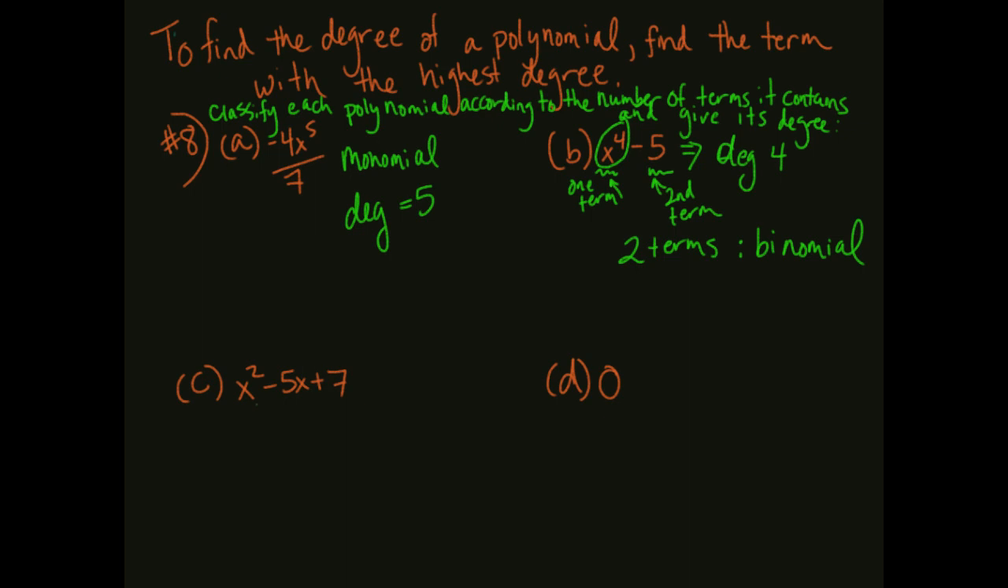For C, how many terms do I have? 1, 2, 3. So 3 terms. That is what's known as a trinomial. We're going to be looking at trinomials just like this. This is also what's known in the future, in Chapter 6,